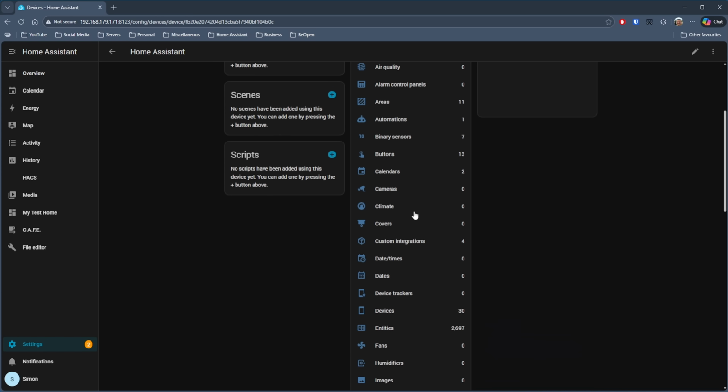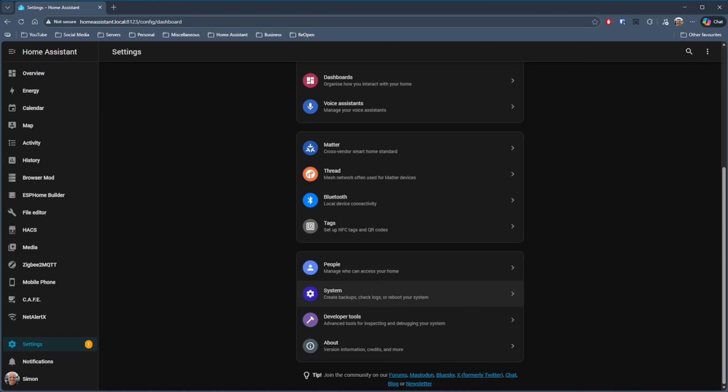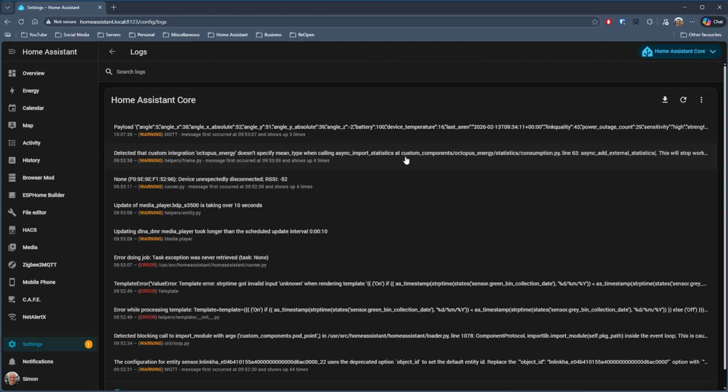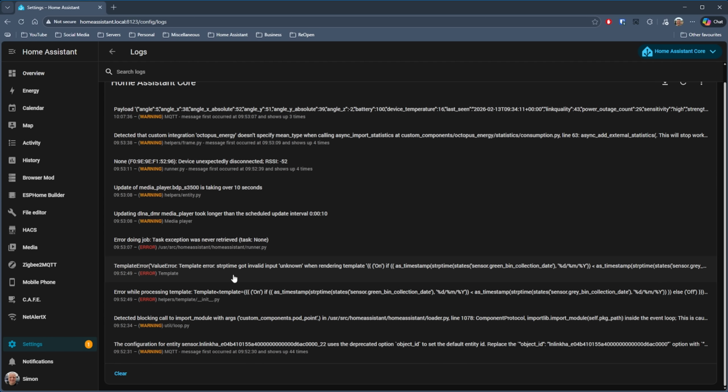And finally, the last piece of the puzzle is your Home Assistant log files, and these can hold vital information with regards to the stability of your system, and it's something you should be checking on a regular basis to ensure everything is running as smooth as possible. So if we go into Settings and then System and then Logs, by default you'll be shown the Home Assistant core log file, and as you can see here on my system, I've got a mix of warnings and